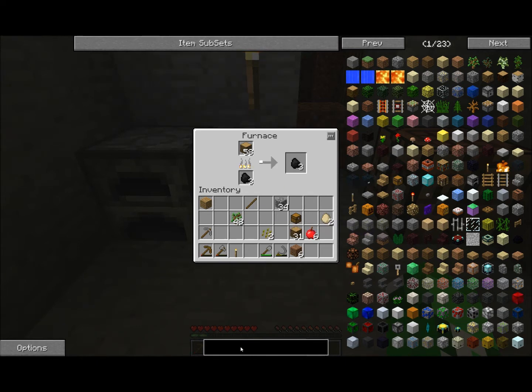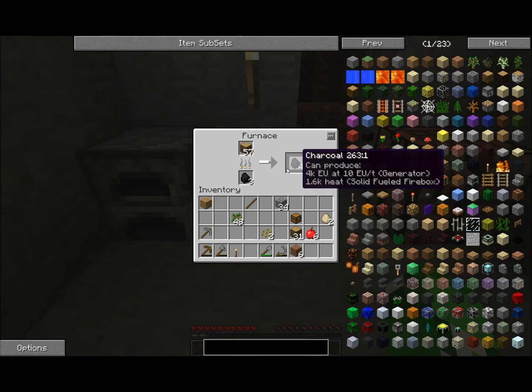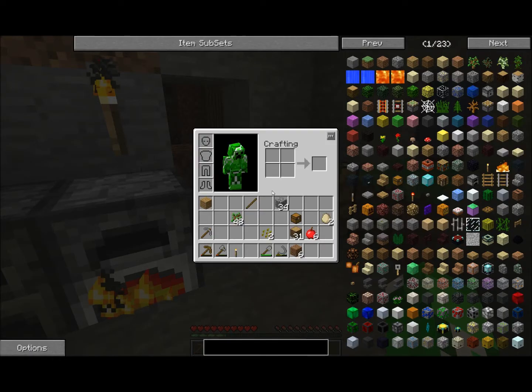Oh, what's it called? Let's see if it's called a furnace at all. There's blast furnace. I don't remember what it's called. Alright, maybe I should show you around NEI. Now we'll do that as we go. So there's 7 charcoal. That'll turn the rest of the wood into charcoal. Now as that's happening,